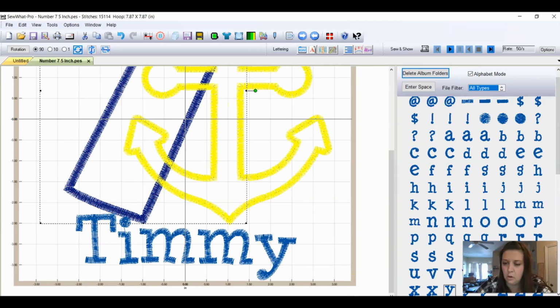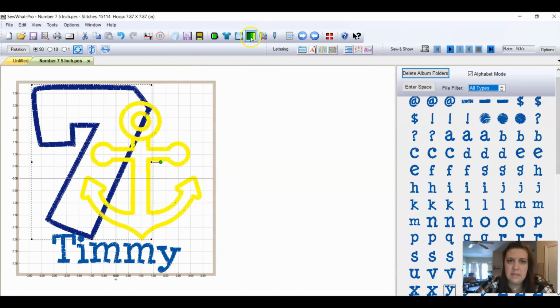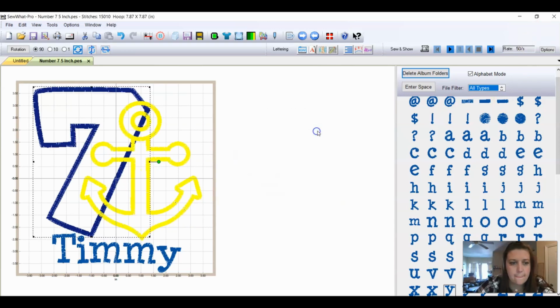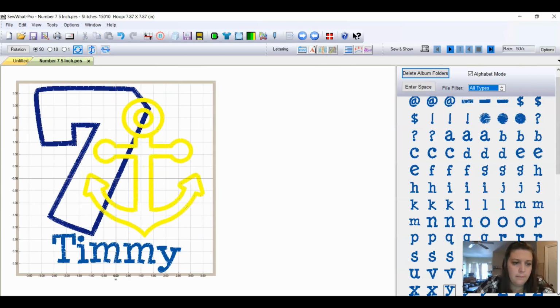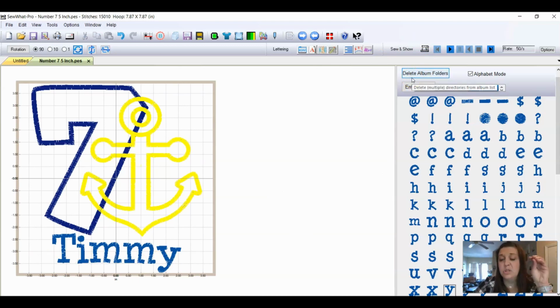So let's zoom back out. And we are just going to make this just a teensy tiny bit bigger. I mean smaller. That's perfect. That's exactly what I wanted. So we're going to move it up. We're going to select, make sure it's centered. Then we're going to come over here, make sure that's centered. Okay, everything is centered. So now to get back to your steps, you are going to press this icon button